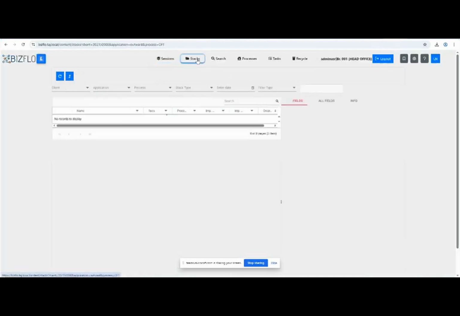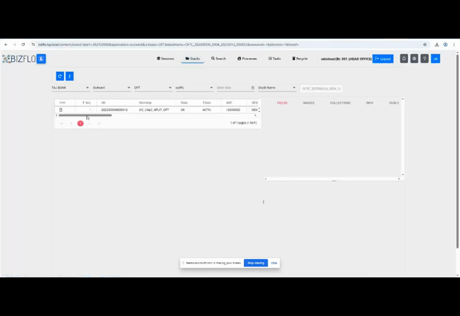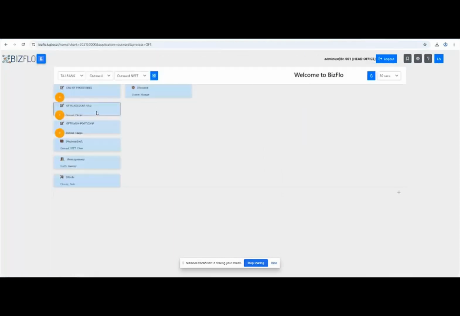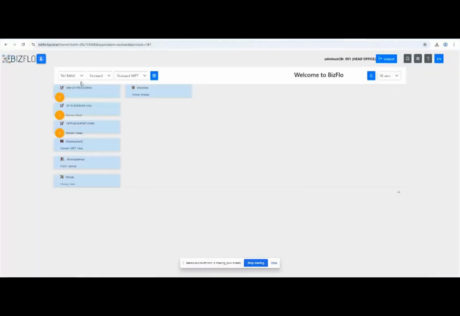So at this point, for the clearing people, there isn't really much processing to do. It's outward NEFT. There's a little bit of processing that we do, but typically we don't do much. So for example, here we have